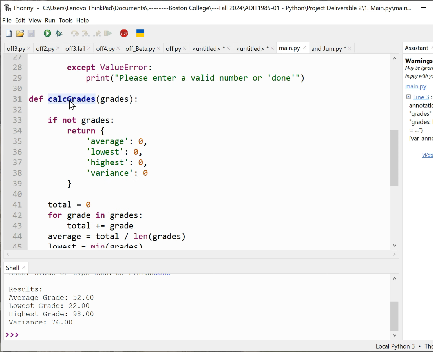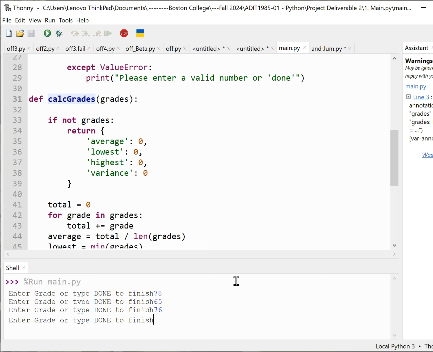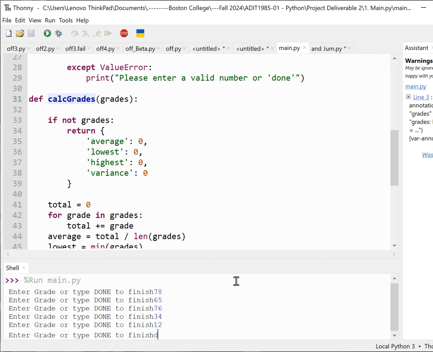Once done is hit, I can actually show you. So the first part, enter grade, you move the cursor, enter grade, enter grade, enter grade. 34 is going to be increased by 10, but you're not going to see it here. Enter grade, and then as soon as I hit done,